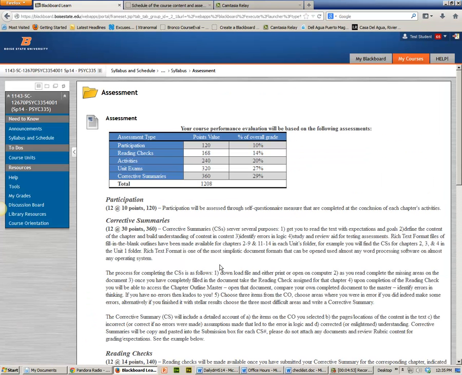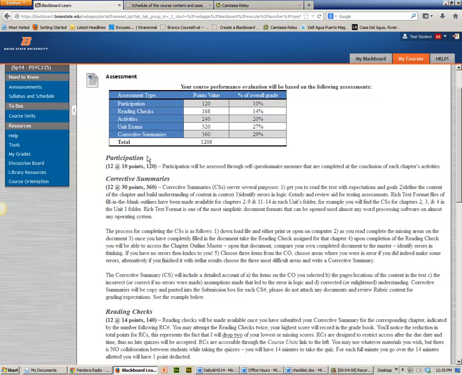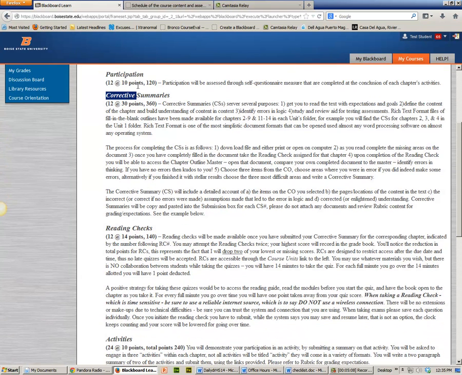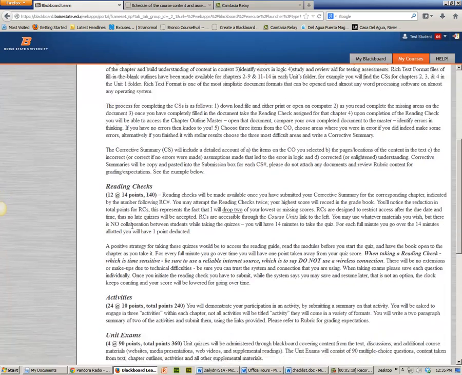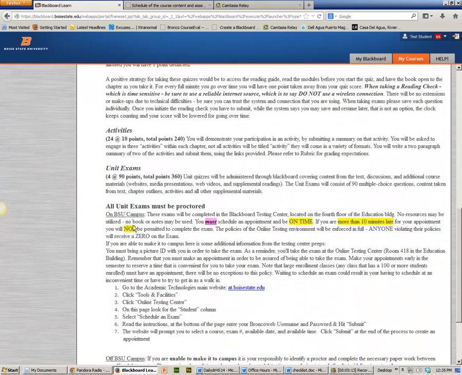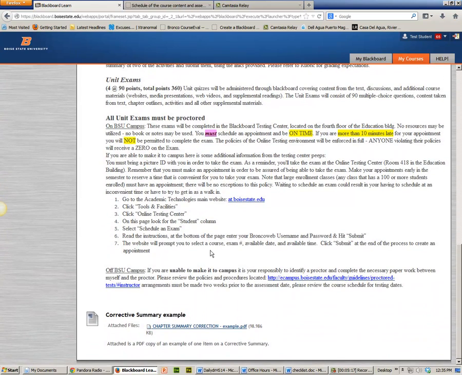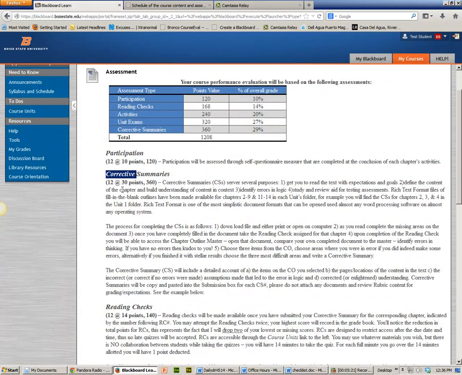Assessments are what your grade will be based upon. This first thing is a table that breaks down the percentages for each assessment and how information is delineated. Each one of these italicized topics outlines one of the assessment types. So we have participations, corrective summaries, reading checks, activities, unit exams, and then here's some specific information on having those exams proctored. Down here is an example of the corrective summary, which you will notice is the highest point value